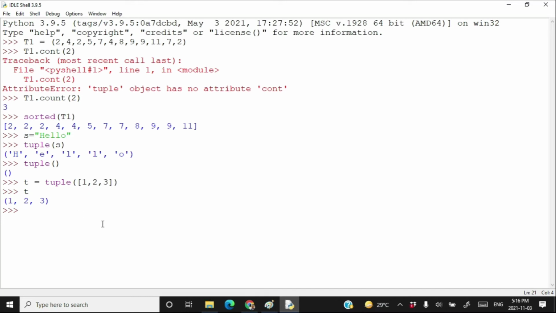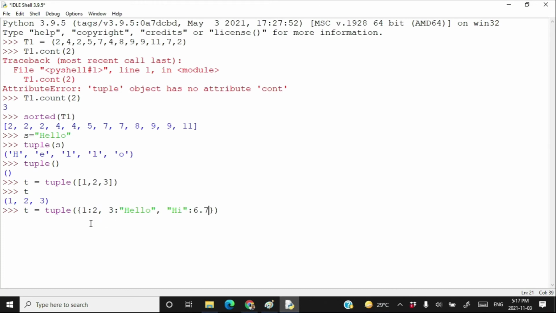Even we can create a tuple using a dictionary. We can call it like this: t is equal to tuple, and here you can pass a dictionary like {1: 2, 3: "hello", "hi": 6.7}.